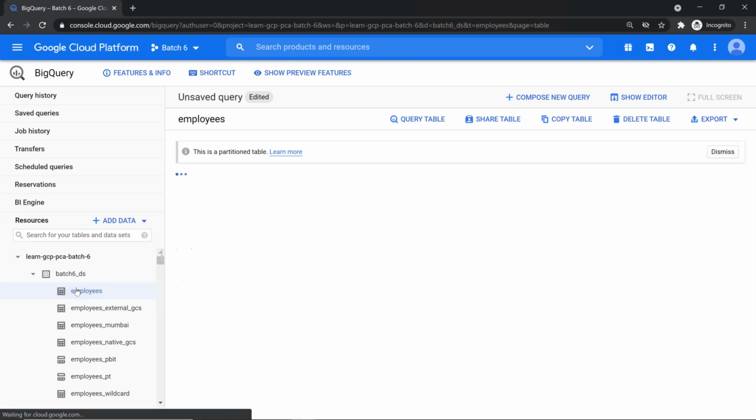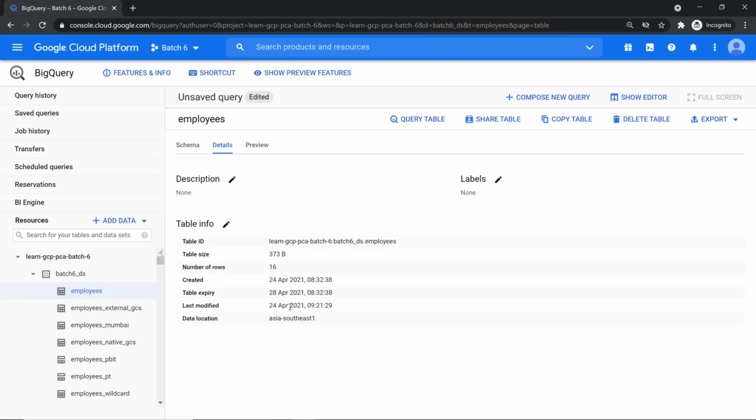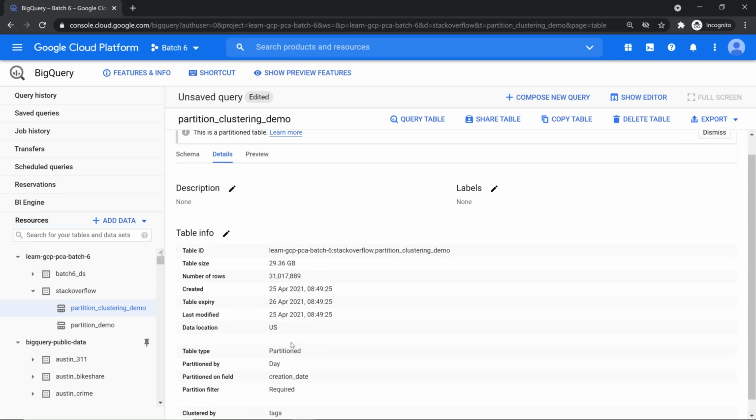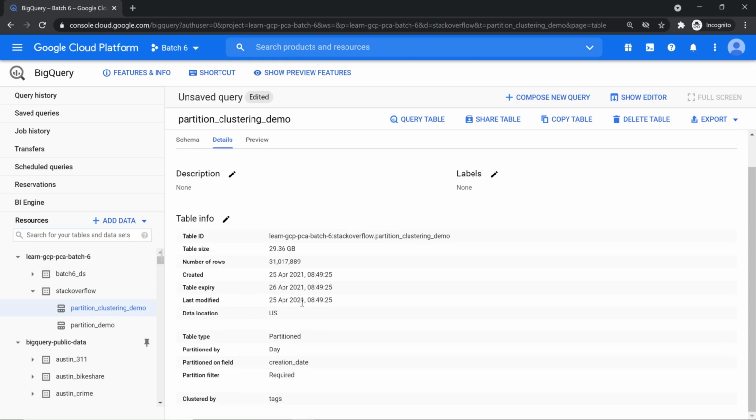any of my tables, it says the entire table is going to expire on the 28th. I don't want this. In some cases, it could be helpful. If it's an ad hoc workload, like the one you just did, where you wanted to explore partitioning and clustering concepts, expiring it in a day is all good. But assume it is like a GDPR requirement where